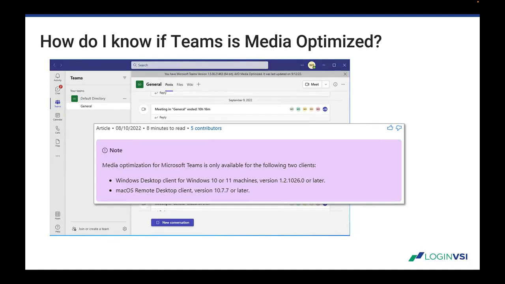So how do I know if Teams is media optimized? I put everything in place, but I want to verify that. Well, when you open the Teams user interface, you can go to the settings menu that's by your user avatar. You click on the three dots and you can find About Teams. You click About Teams, and then when you select version, it will put the version here in this banner on top of your client. You can see on the banner that it says AVD Media Optimized,